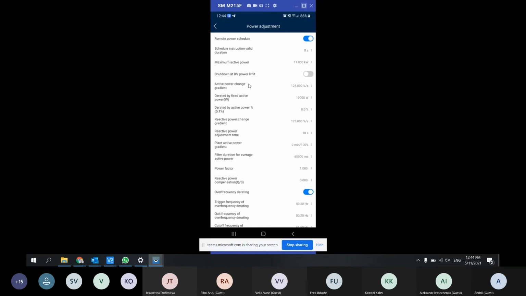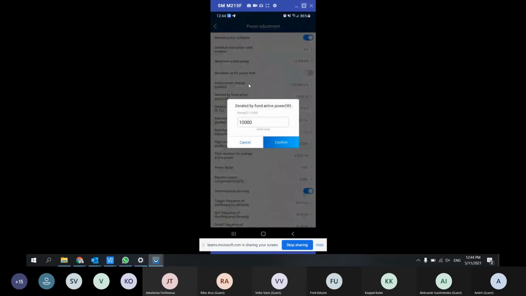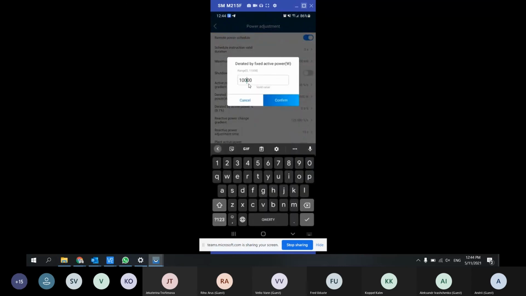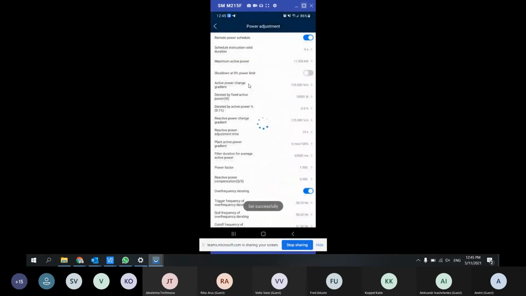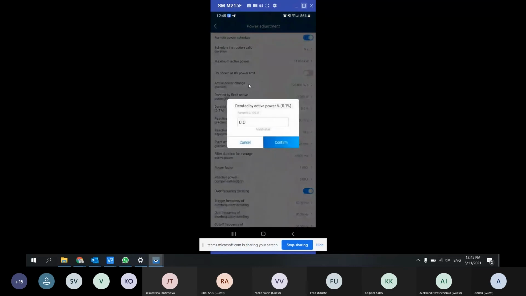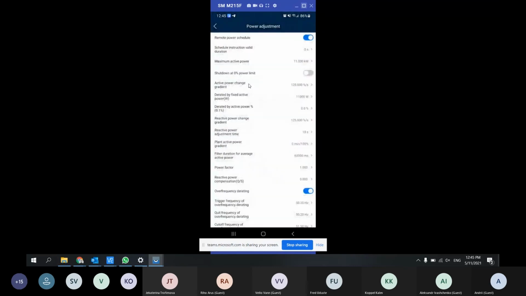This is the value that is displayed in Fusion Solar as maximum AC power available. If you want to limit the inverter, you see now it is still limited to 10,000. You need to put it here. This value here, now it's set correctly: 11. And the rated active power, if you want to do it in percentage, you can do it in percentage.